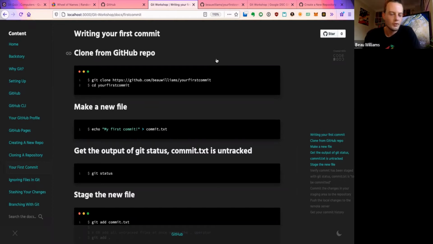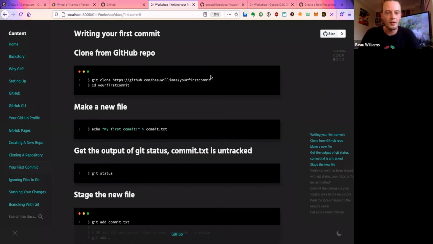But what you do is put something in the staging area before you push it to the repository. So when you commit something, it goes into the staging area. And then eventually, once you're ready with what's in the staging area, you can push it to the remote repository. So we're going to start by writing a quick commit right now.